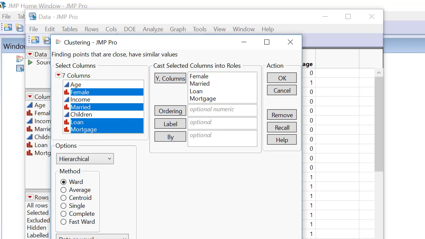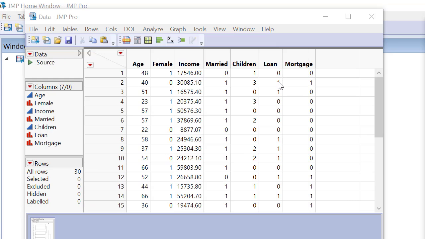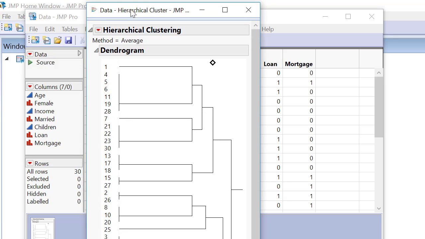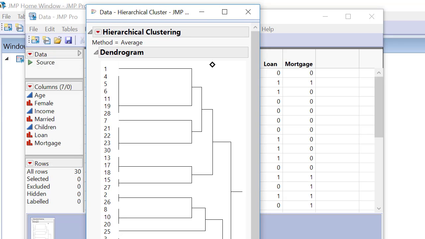Then under our options area and the method area, we need to select average, and under the data as usual for this option, select standardized data if it isn't that way already. Then in the action area we can click OK, and that will generate the number of clusters that it thinks it needs,